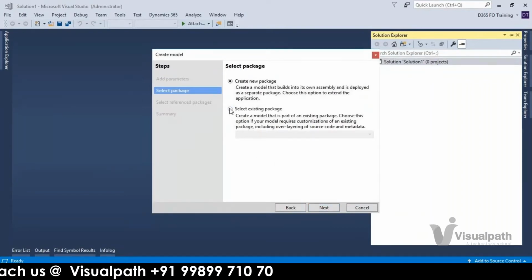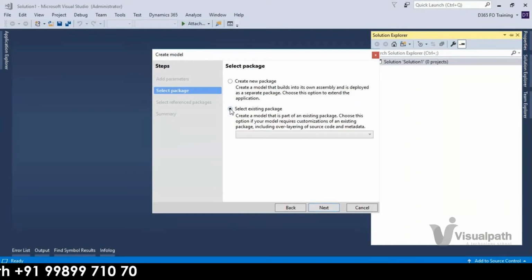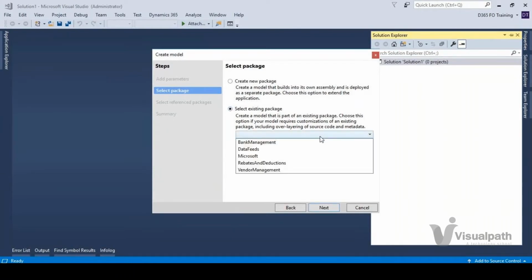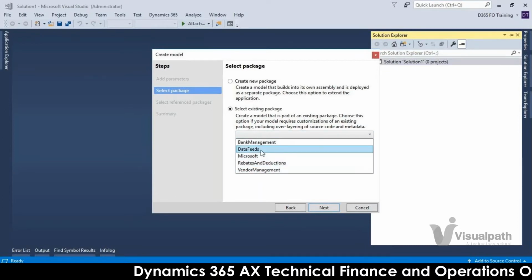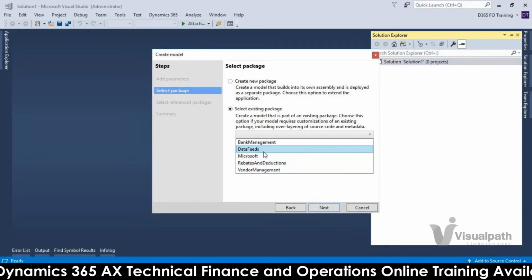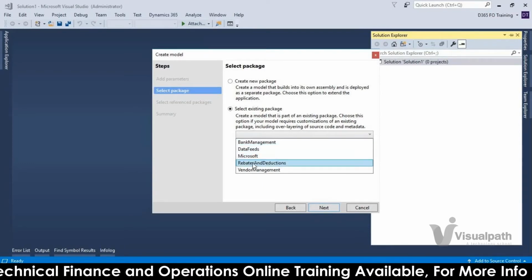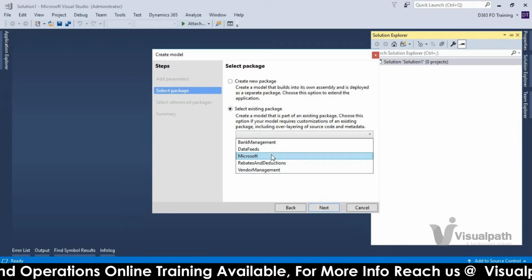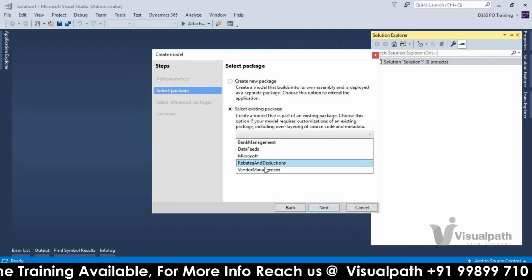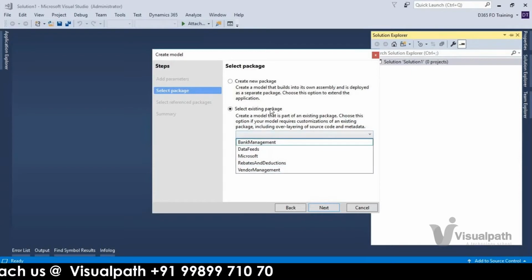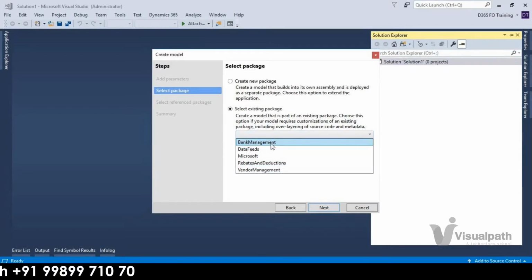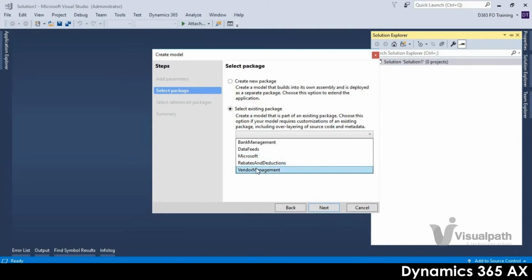If you want to do overlaying, you can select this one, but for overlaying Microsoft has only two models, data feeds and rebates and deductions. For these two models only, Microsoft still allows overlaying. Bank management, Microsoft and vendor management are custom models I created in this application.